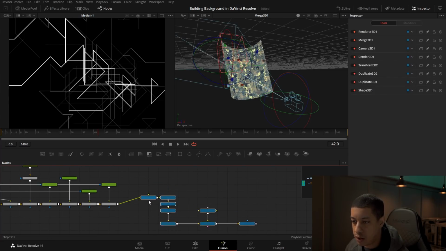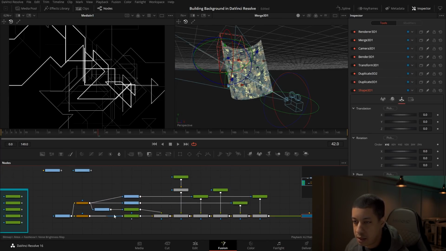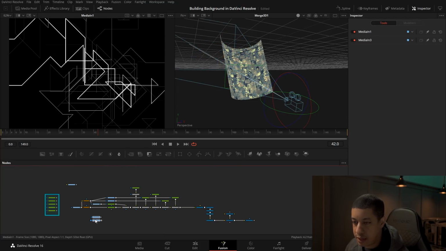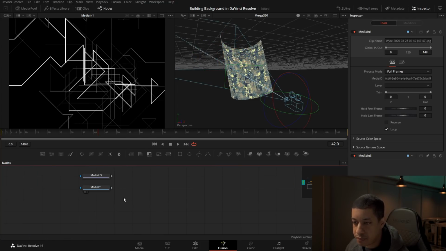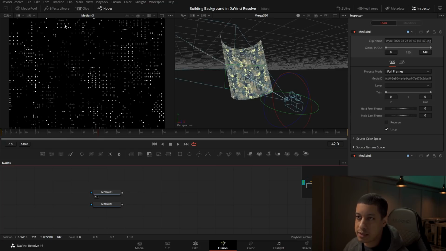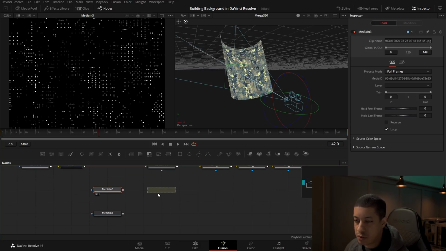So let me move all of this down a little bit, and we'll just grab this stuff and bring it into here. And now if we look at this, we can do a couple of different things here. What I think I'm going to do is just grab a background, oops, connect this up.